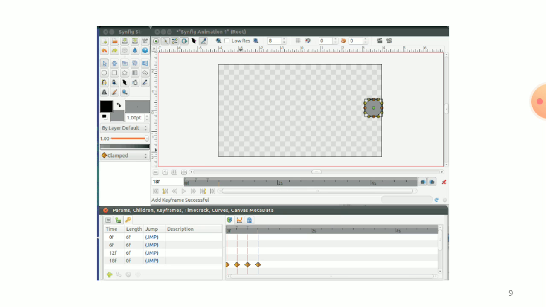Here we need the ball to come to its original position, which we had at 0f. So we need to duplicate the keyframe at 0f. Select the 0f keyframe from the keyframe panel and press duplicate keyframe as shown in figure.